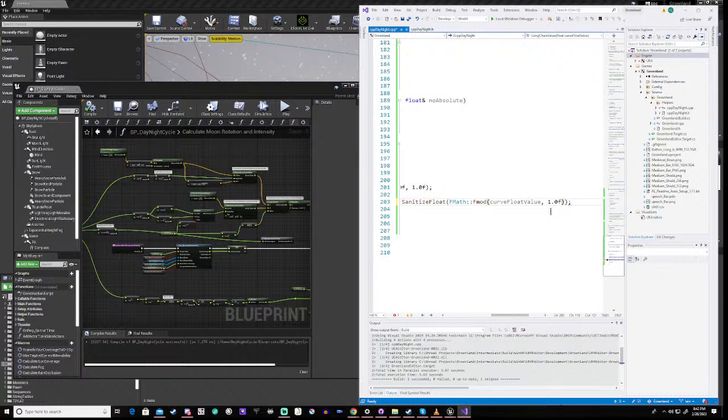Now, we might need another bracket there. So, if this does not bring back 0,